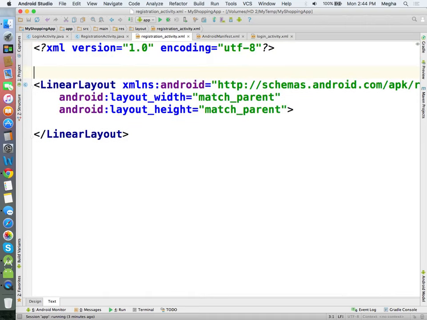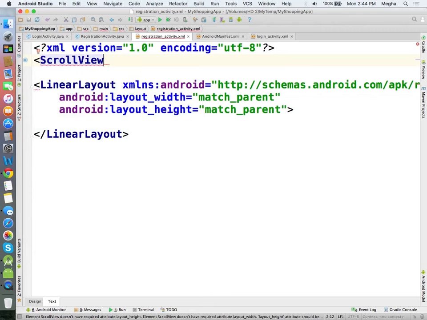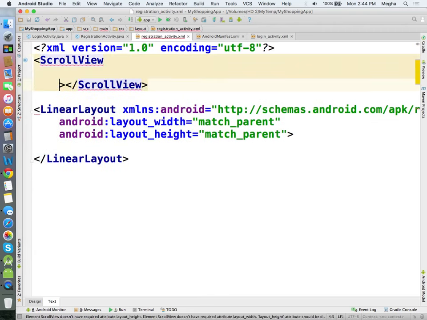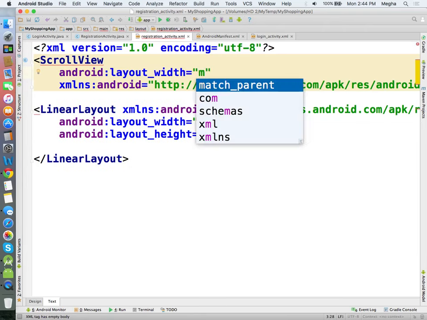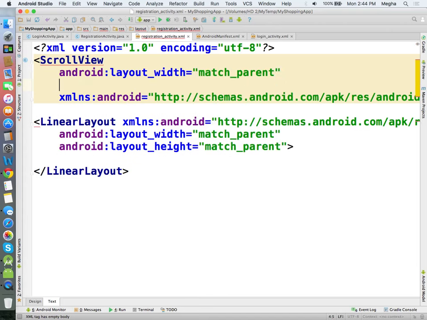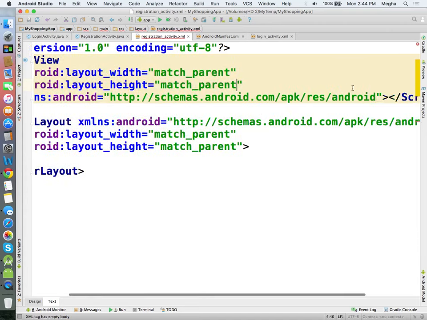Since it is going to be a registration form, I'm going to make it a scroll view to start with. I think it did add all the stuff.